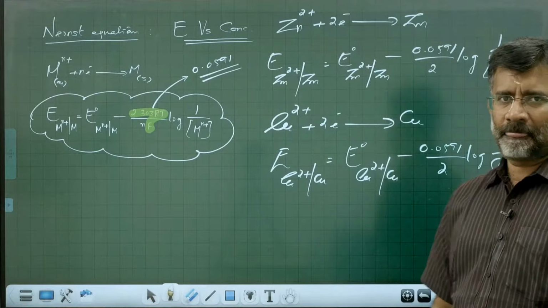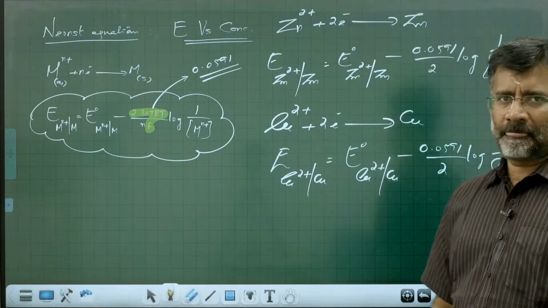So equation 1, equation 2. Equation 2 minus equation 1 will give you this. This equation minus this equation will ultimately take you to this value minus this value. It will be E cell, that is equal to E naught cell minus 0.0591